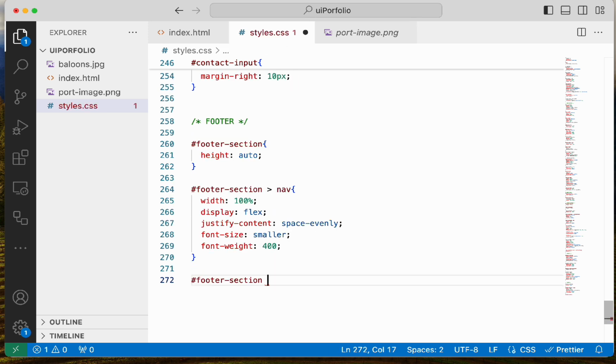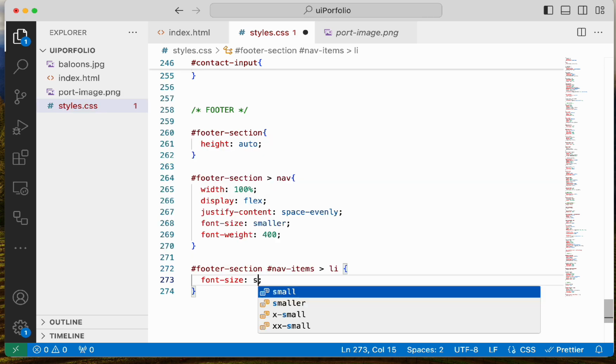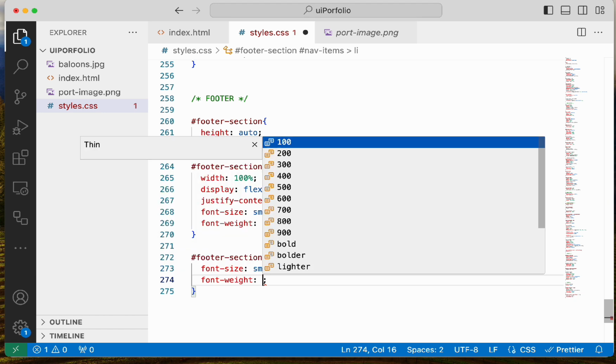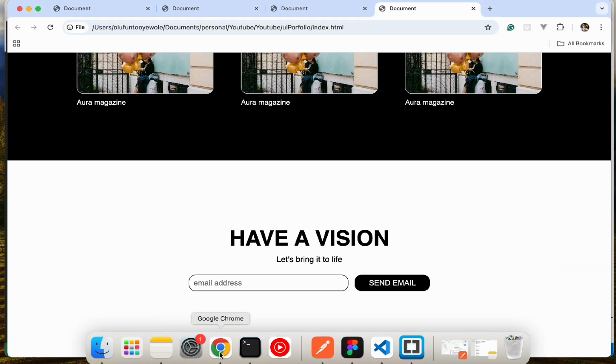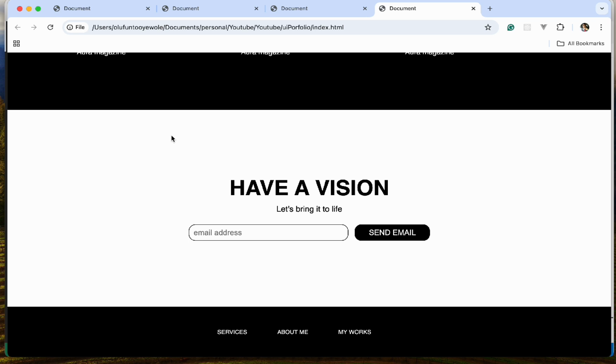Okay, and then I'm going to style the nav items, the li under the nav items. So that's going to be li. Font size will be small, and then font weight is going to be 400. Okay, and yay, this is what it's going to look like. So now let's work on the